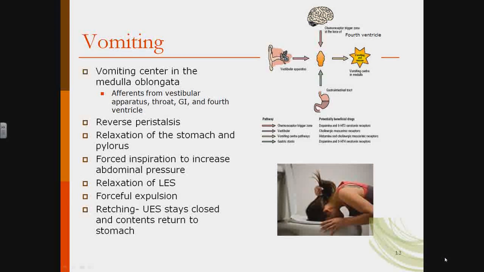You have massive contraction of your abdominal muscles, and this helps push your chyme and intestinal contents up through the esophagus. If your upper esophageal sphincter stays closed, then all the contents went up to that point, and then they return to your stomach. This is called retching. And when you bring it up to the back of your throat and then you swallow it back down again, you're very mindful of this, and probably the next time you try this, you're going to relax the upper esophageal sphincter and get the whole thing out.